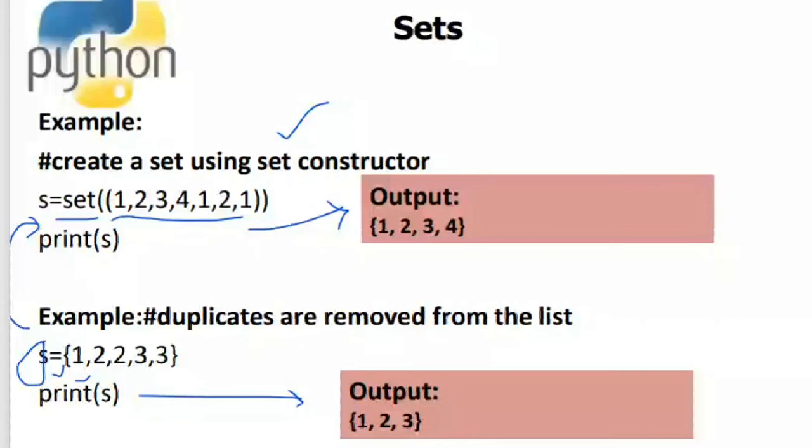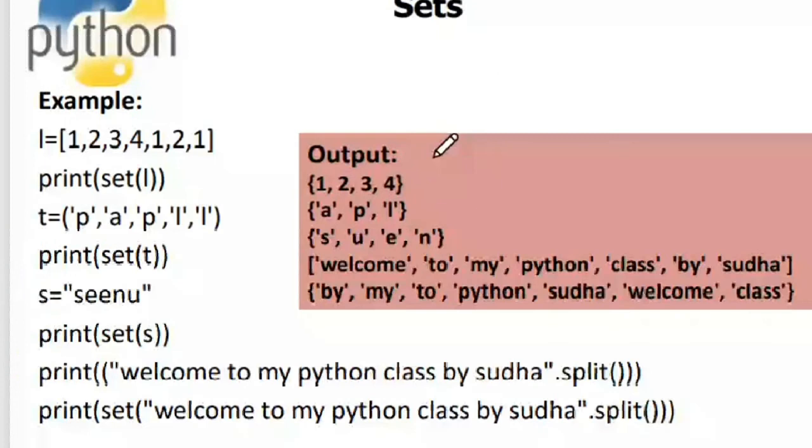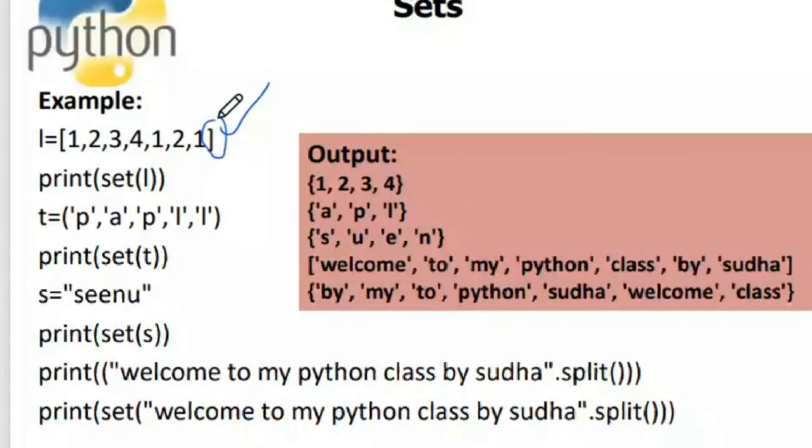Now this is another example wherein we are using string. Okay, so we'll just look into it. We are converting a list into a set and a string into a set. So this is a list. You can see the open and closed square brackets over here. I just named my list L. So I said L is equal to 1 2 3 4, and there are duplicates in the list also.